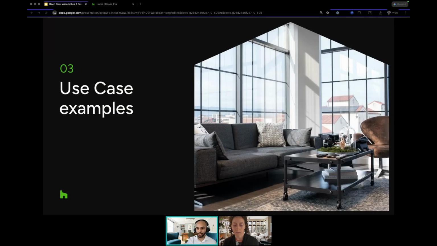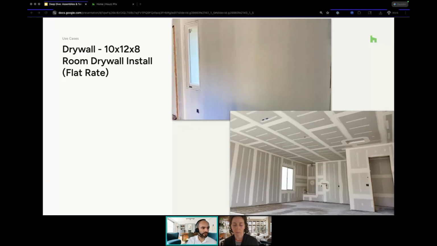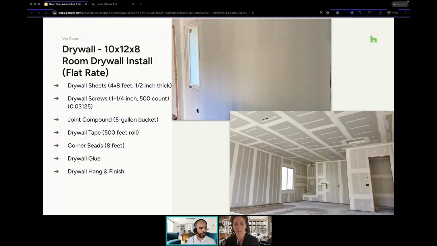So we'll see some use case examples. Let's say, for example, you want to build an assembly for a drywall. It's a room that's 10 foot by 12, and you have 8-foot high walls. This could be built as a flat rate. Let's say you bid and you already know exactly what it's going to cost you to make this room and drywall. You can build it so that you include all these items: your drywall sheets, your screws, joint compounds, drywall tape, corner beads, the glue, and your labor for hanging